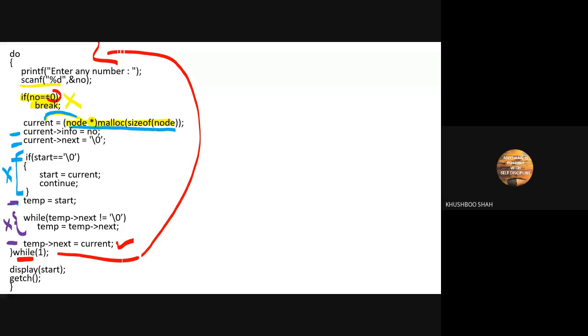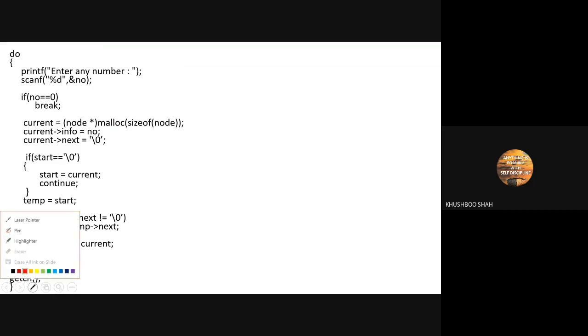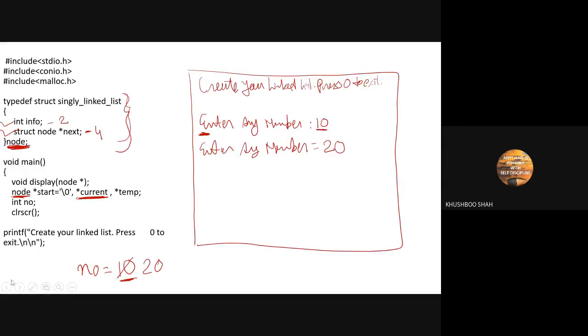Okay, so my next statement is printf enter number. Here on the console, it will ask us to enter any number, and let's say it's 30.